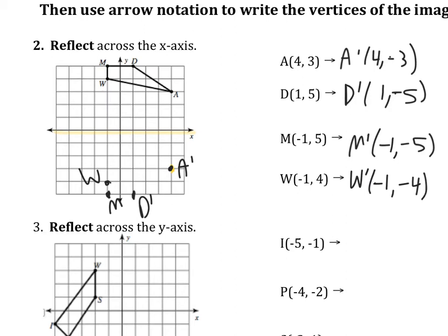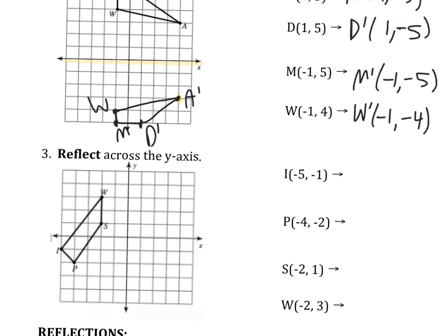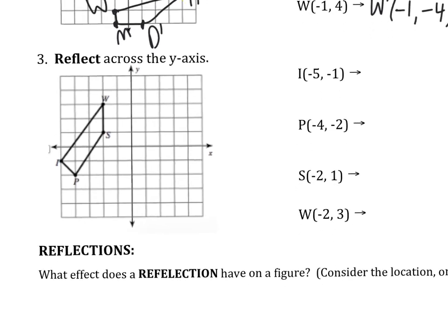Now, if I connect those points that I just made, check this out. Same exact shape, it was just reflected over the x-axis, the yellow highlighted line. Now, how does that change if I reflect over the y-axis here? New shape,